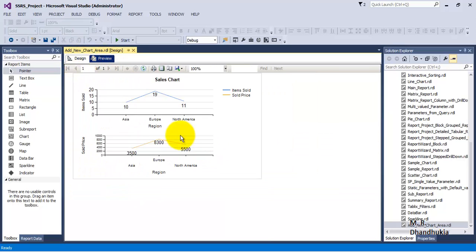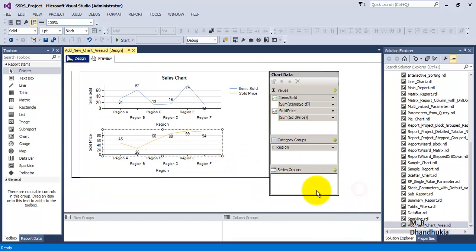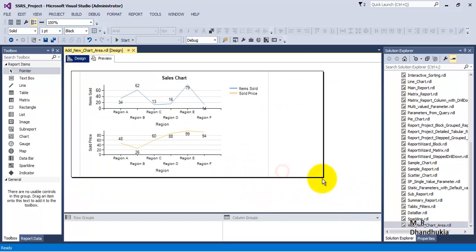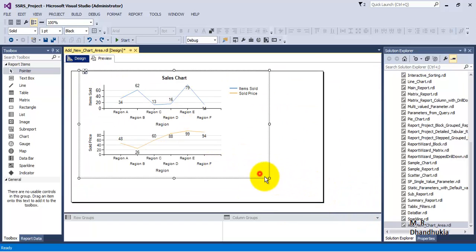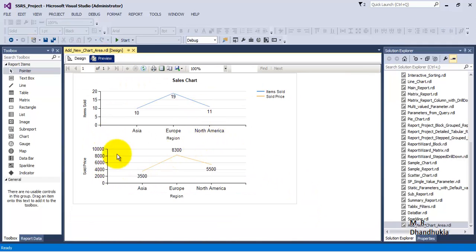Now the chart seems to be in a better condition, right? Let us resize the chart so that it displays the data properly. Let us expand the chart. Right now we are able to see a better chart, right? Now the user can look at one single chart. This is actually a single chart having two chart areas. Items sold is shown in the top portion, sold price is shown in the bottom portion, and the user can make comparisons, right? So this is the way